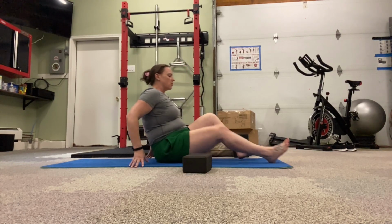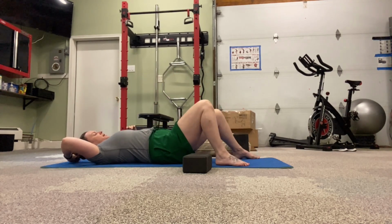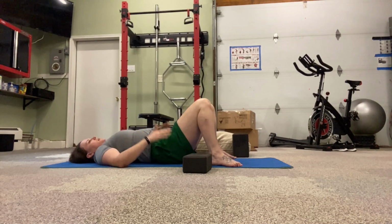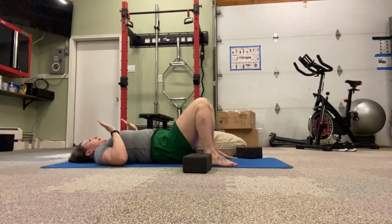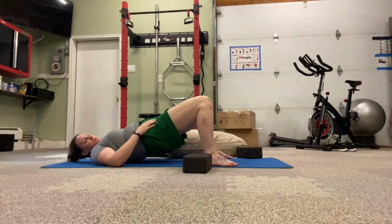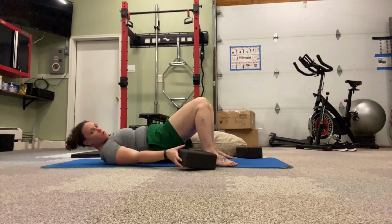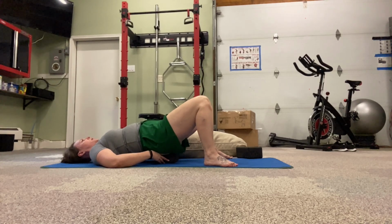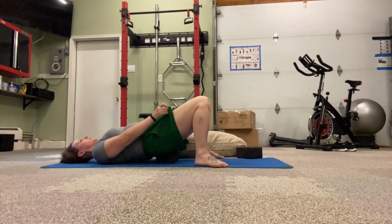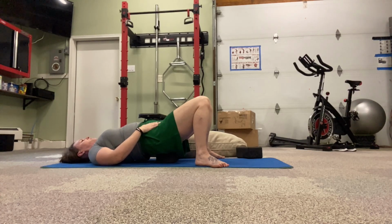So we're just gonna lower back. Bring those feet about hip width. Feet come towards our bottom. And on that next exhale, we're gonna lift those hips up into our bridge position and either putting that cushion or that block underneath our bottoms, finding that spot where we feel supportive, and it allows us to really just melt into this pose here, okay? Deep breath in,